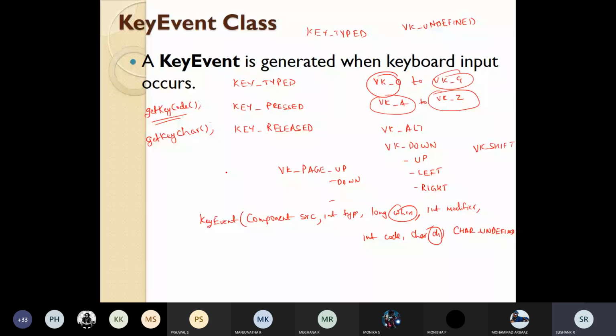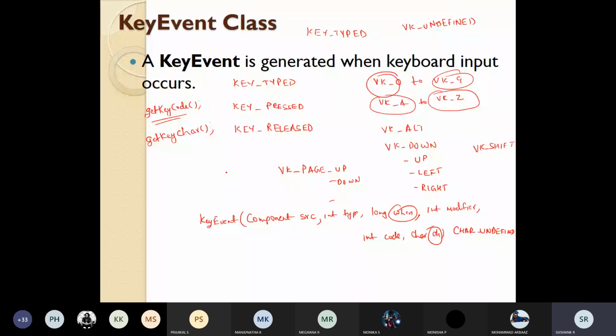In addition to this, from Java SE 6 onwards, three more methods were added: get location on screen, get x on screen, and get y on screen.